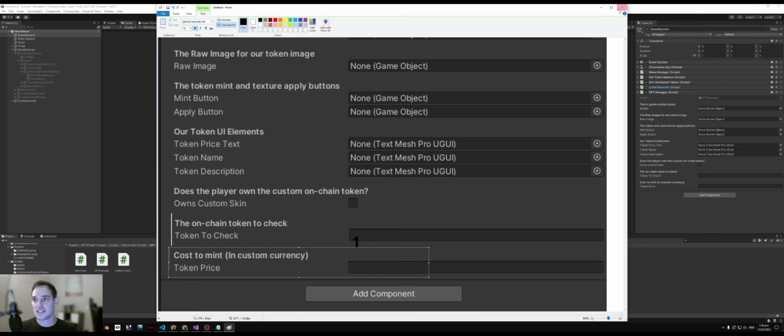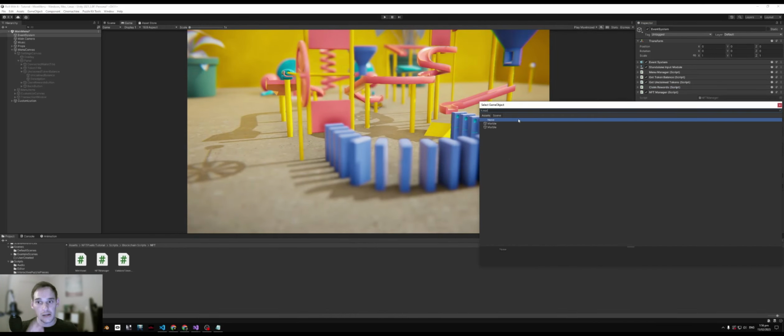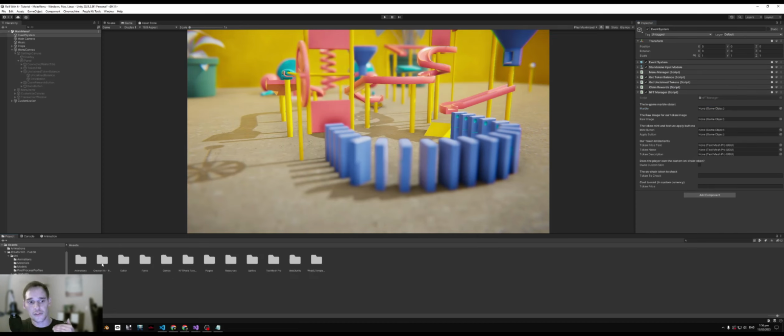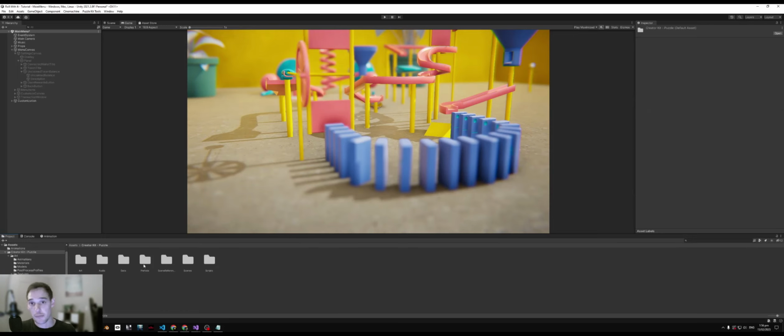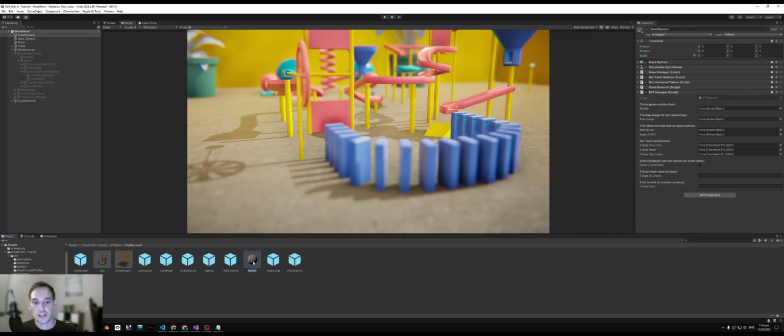So let's go ahead and assign some values. So I can go marble. Oh, actually, sorry. What we'll need to do, apologies, I should probably be a little bit clearer on this. Within the creator kit, there are prefabs. In the prefabs folder, there's a 1 per level folder. Go to your 1 per level folder. And then, if I'm not mistaken, the marble prefab is right here. So we want to drag this marble prefab into the marble game object, and then our raw image,